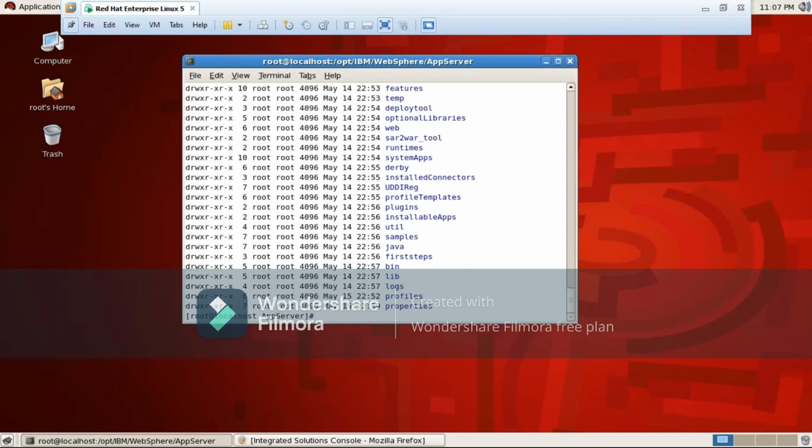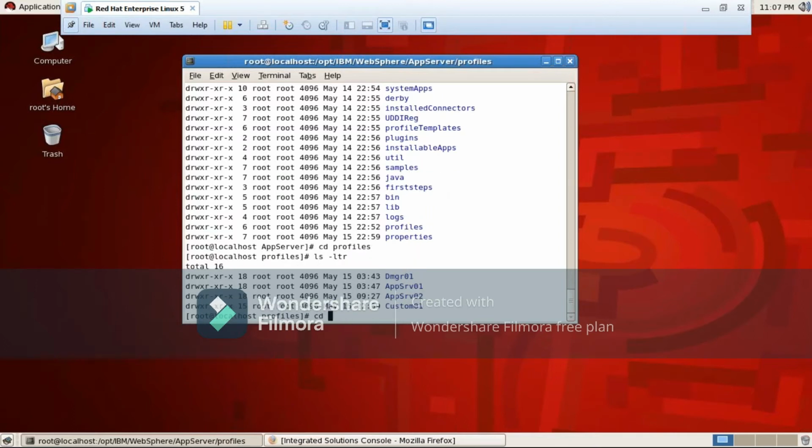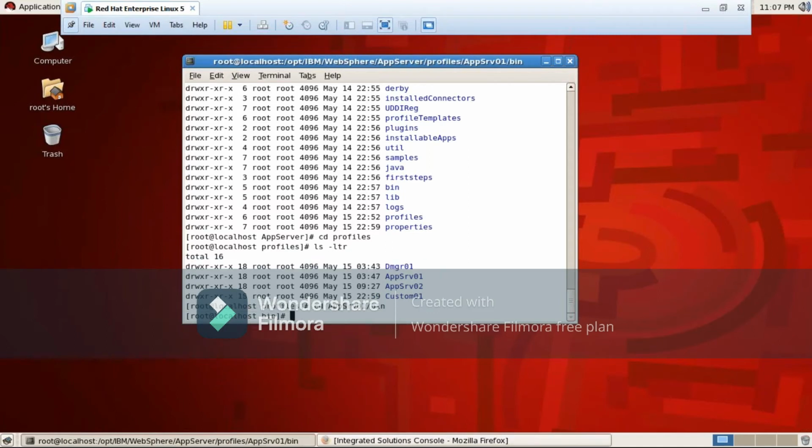Where I am. So, okay, first let me go to app server 01 and bin, right?